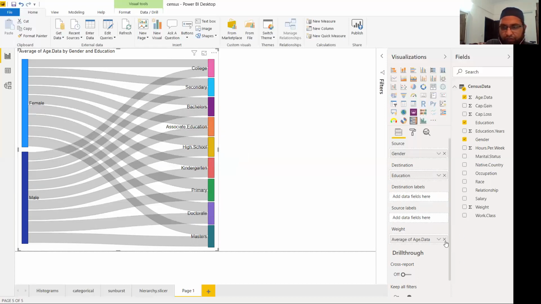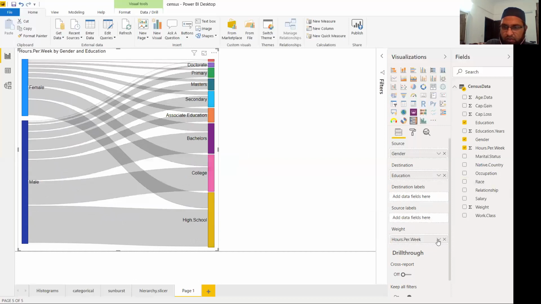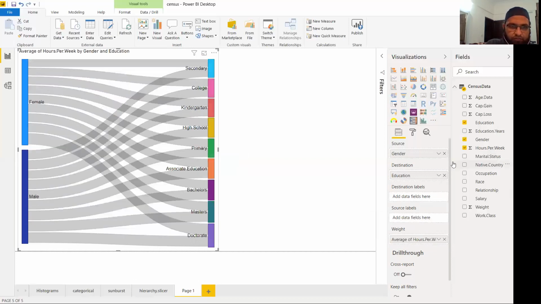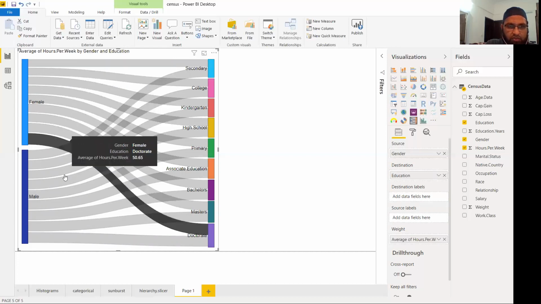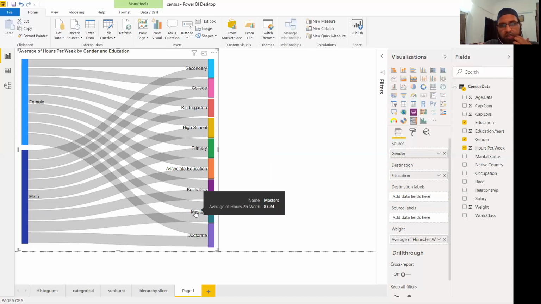So in this way, you can think of many things. You can also drag hours per week here. Let's see the average hours per week. So it seems that the average hours per week also is almost the same for both males and females. So the age and the average hours per week is almost the same. In this way, you can actually make use of the Sankey chart to understand many things. So I hope that this video is